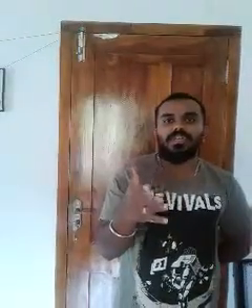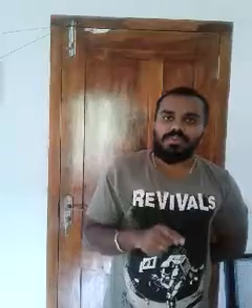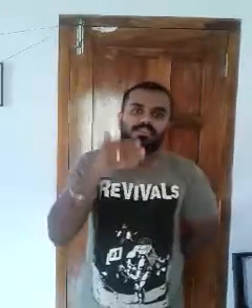Suppose we want to check whether rational numbers are closed under subtraction. Then we choose a and b as two rational numbers, go for a minus b, calculate the result and check whether it is a rational number or not. If it is a rational number, it is closed. If it is not a rational number, it is not closed. That is the way of checking closure property under different operations.